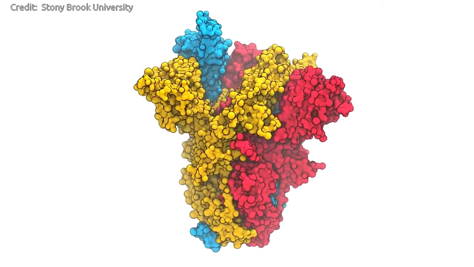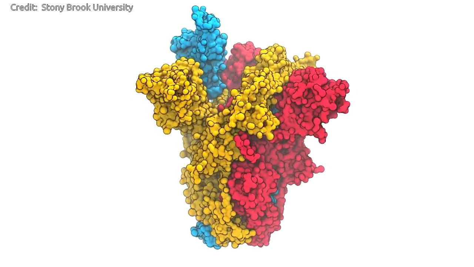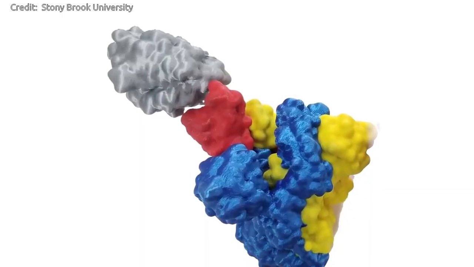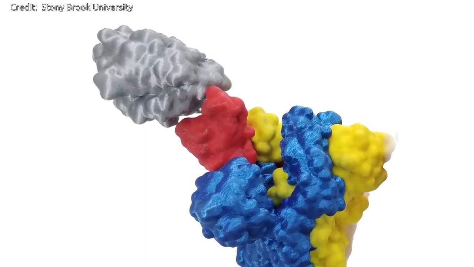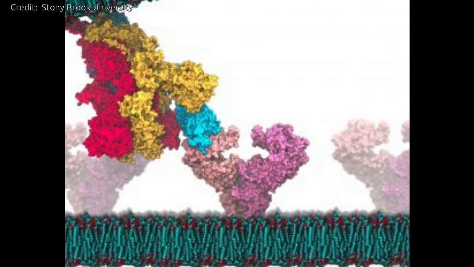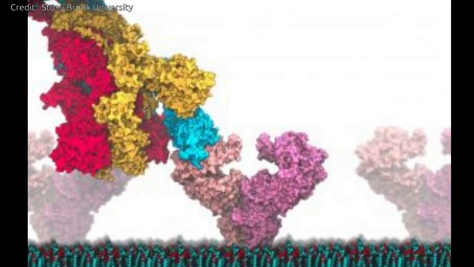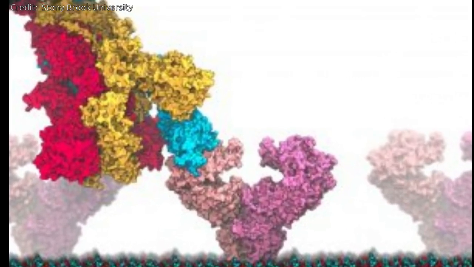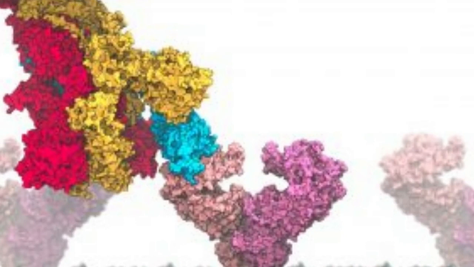These spikes all around the exterior of the spherical virus particles give the virus the look of a crown and its name as a coronavirus. They are also the part of the virus that attaches to a cell inside people's respiratory systems using a specific protein on the human cell to begin the process of causing infection. Because of this role, the spike protein is also the main target for antibodies that would provide immunity to coronavirus and for developing drugs that potentially could block infection.